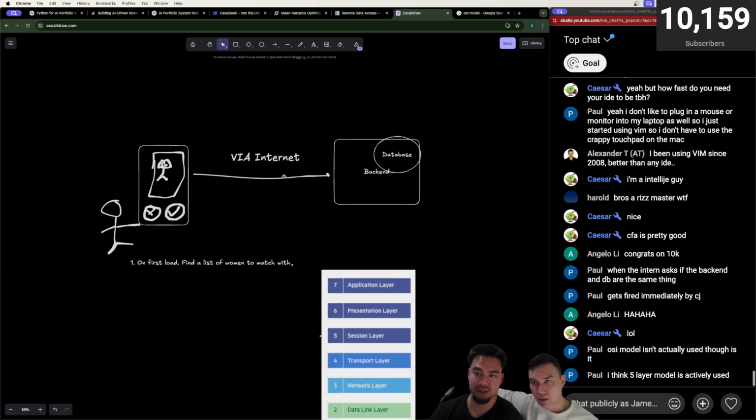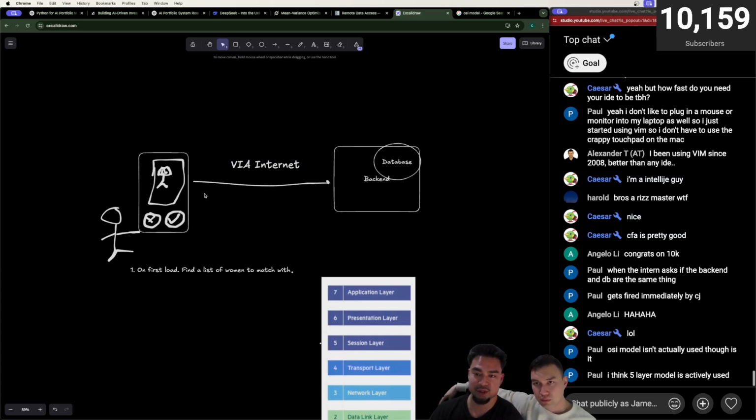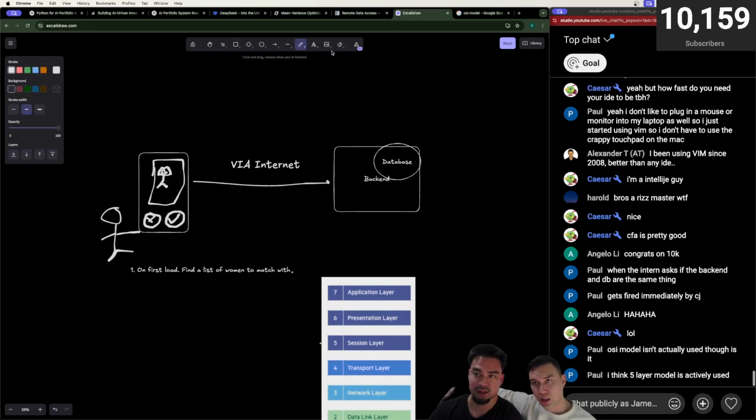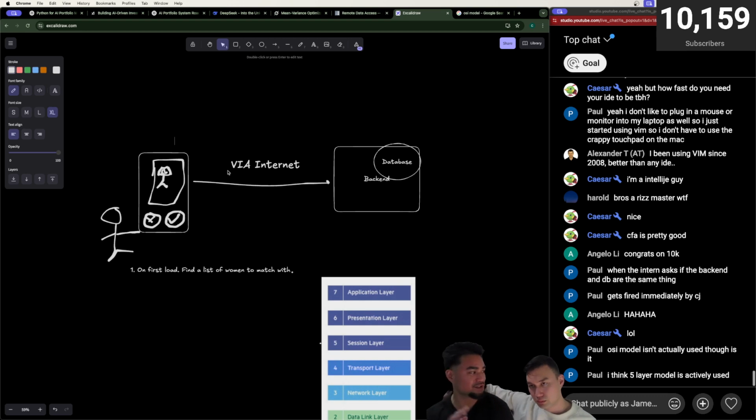So how the internet works is we can think about it as this is me and this is the backend. We can think about it like a mailing system, and you use the IP address to figure out where to send things. Everyone has a unique IP address: a client IP, and then a server IP.